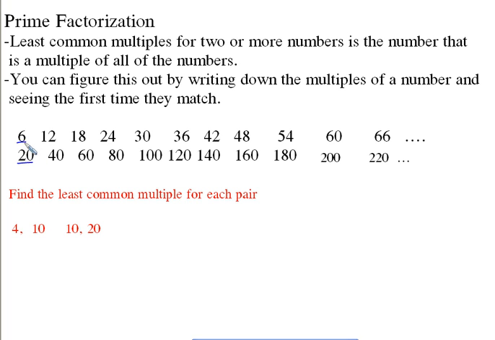So what we do is we look and we see, okay, well, what's the first time they match up? Well, this is 6 times 1, this is 20 times 1. This is 6 times 2, 20 times 2, 6 times 3, 20 times 3, and so on. Times 4, times 5, times 6, times 7, times 8, times 9, times 10, times 11. Now, the first time they match up, you just go ahead and you say, well, here, 20, 40, 60, 80,